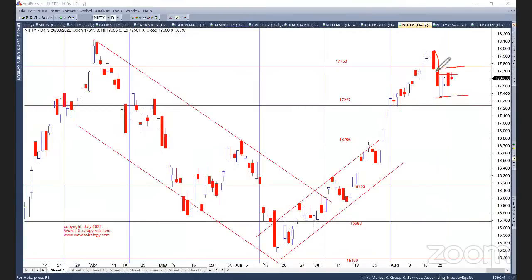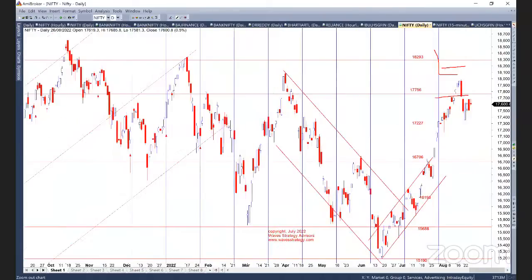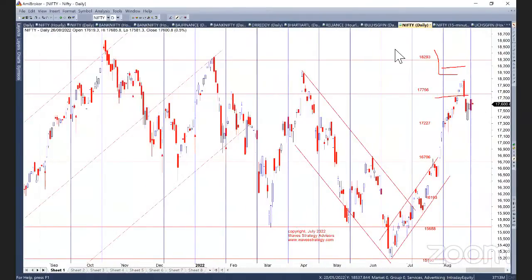Why? Because we went up, we did not sustain at that level right now, and we are now moving sharply on the downside from there. This is the level that we are seeing. So we need to have sustainability above this level of 17,756. So as per Gann square of 9, I am going to keep a watch on these two levels, which are very important. And for now, on the basis of this information, I can form an option strategy by trading the market in a range.